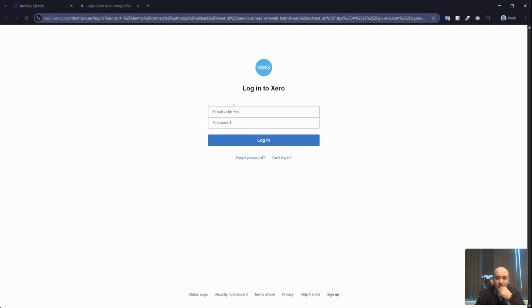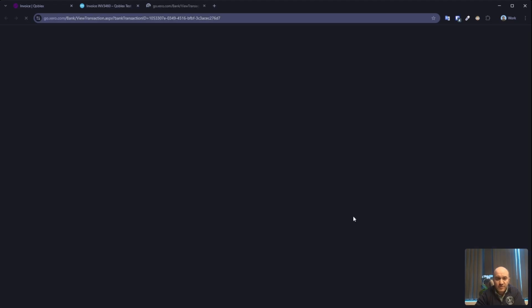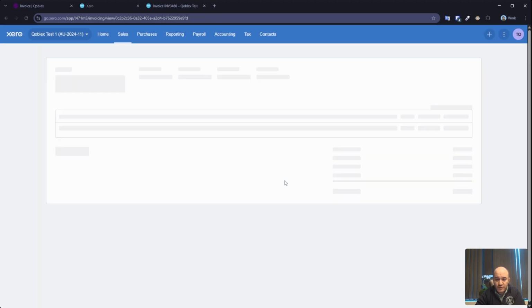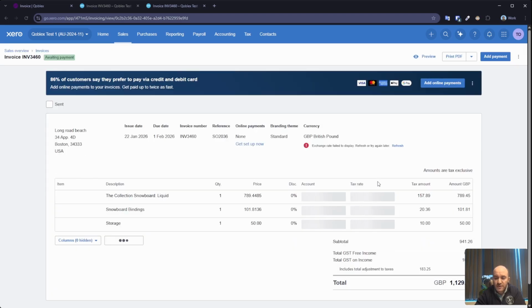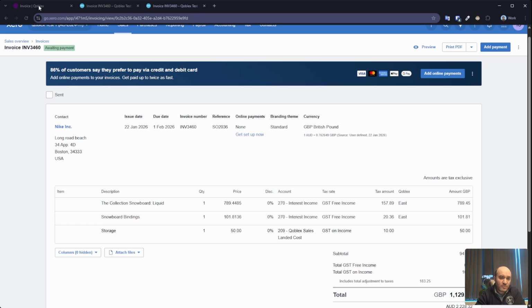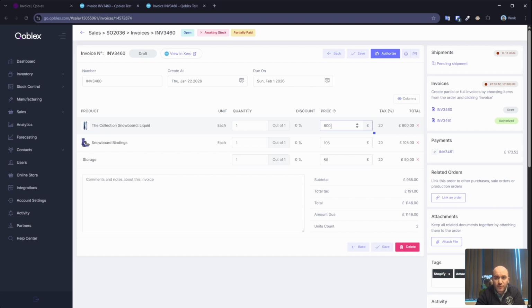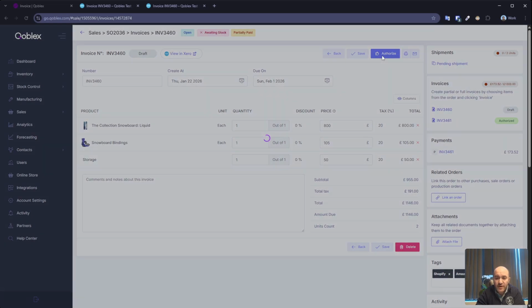So I'll click on View in Xero. I'll remove the payment. The invoice should now have no payments in Xero, which should allow me to edit it from Qoblex. So I'll switch back to Qoblex and click on Edit again. The invoice is now draft and is open for edits. I changed the price of the first product to 800, the second one to 105, and now I'll authorize the invoice and try to attach a payment to it,